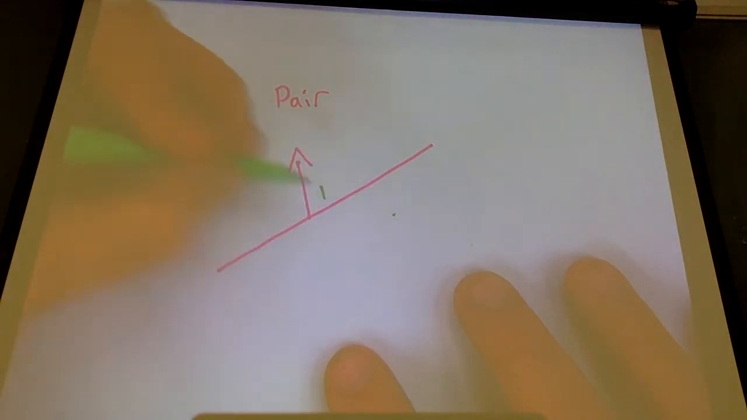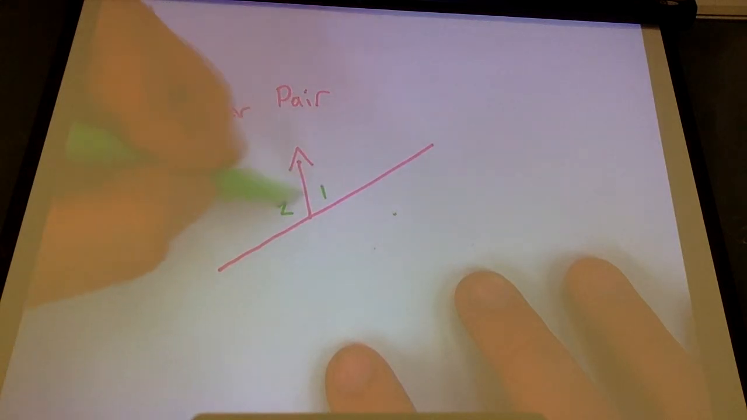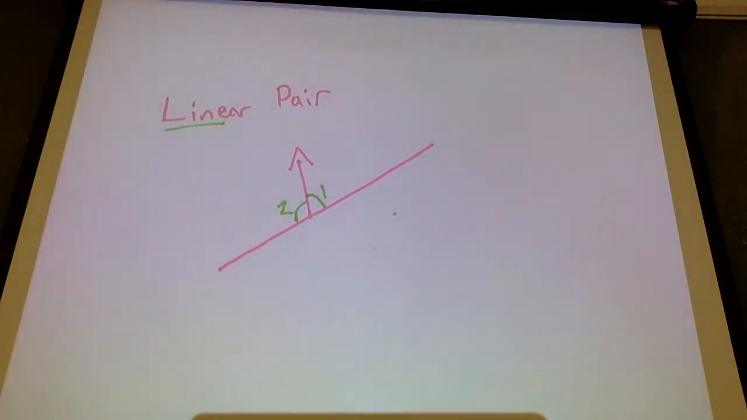So I have angle 1 here and angle 2 there. Angles 1 and 2 are a linear pair because if I put them together, they'll make a straight line. If I add up this angle and add up that angle, it'll make a straight line. That's all that a linear pair is. Next definition,